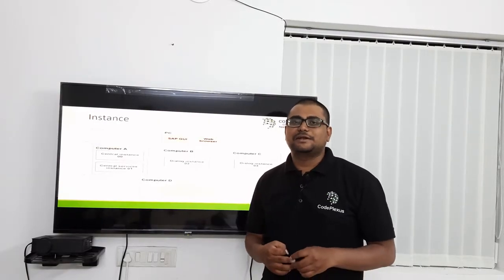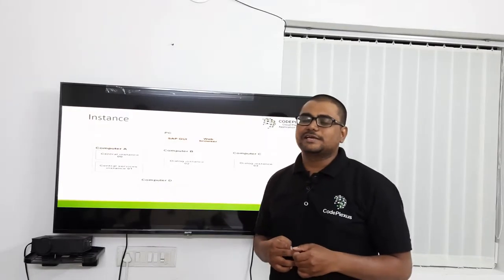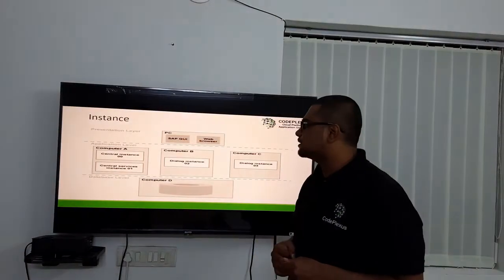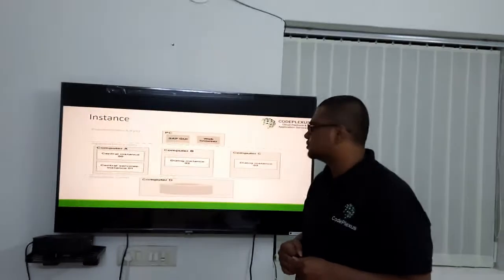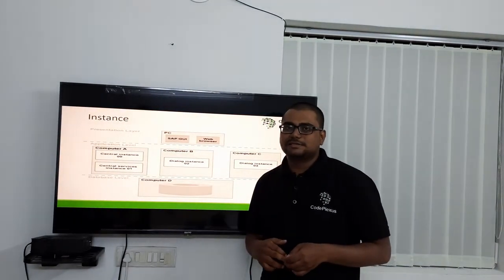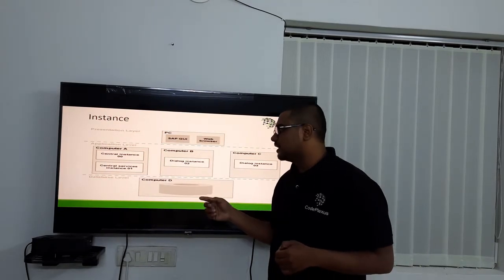Instance: it is an administrative unit that combines all SAP components providing a single or multiple services. Every instance contains its own buffer. For example, we have taken the ABAP system. It contains a presentation layer, application layer, and database layer.